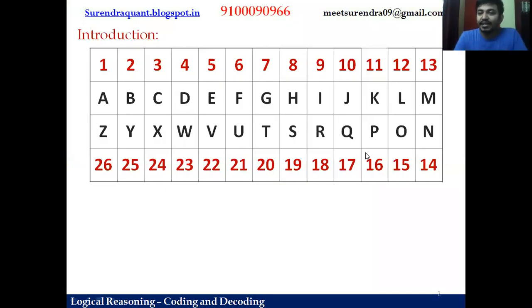So basically the coding and decoding questions will be based on letter positions. This is the very beginning model for coding and decoding. There are varieties of models, as I mentioned. In this video, we will see the shifting of letters model. To solve these questions in very quick time, you must be able to remember the letter positions from A to Z. If I randomly ask you the position of T, you must be able to say that's 20. If anybody has a doubt how to remember them, I discussed it in detail with a few funny tips. I am very sure you cannot forget them after knowing all these shortcuts.